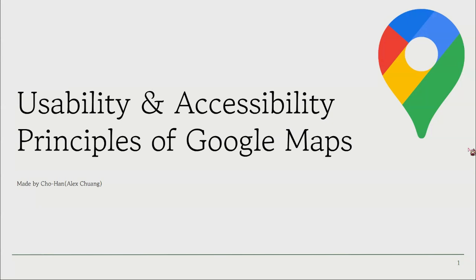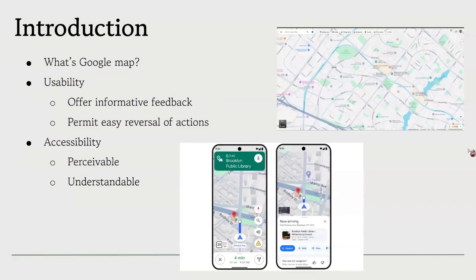Today, I will be talking about the usability and accessibility principles of Google Maps. Google Maps is an application that shows where you are, what's around you, and provides direction to the desired location. It can be used on web browsers on computers and as a mobile app on mobile devices. Today, I will be talking about the user interface on the mobile device since that's where I used it the most